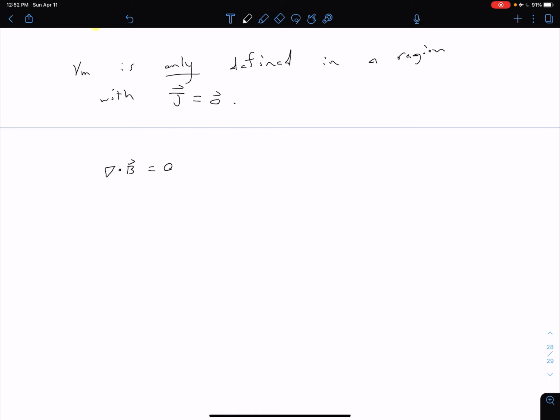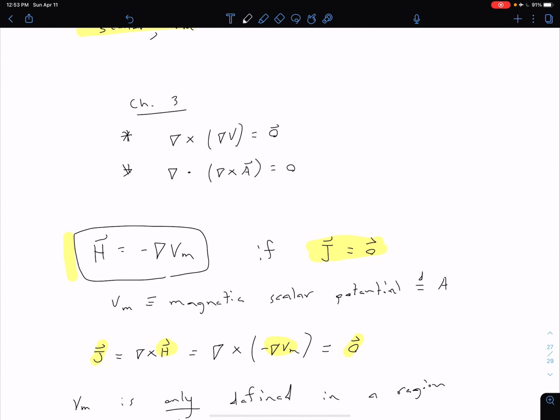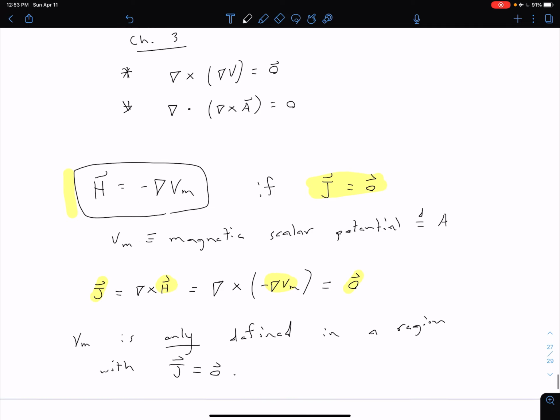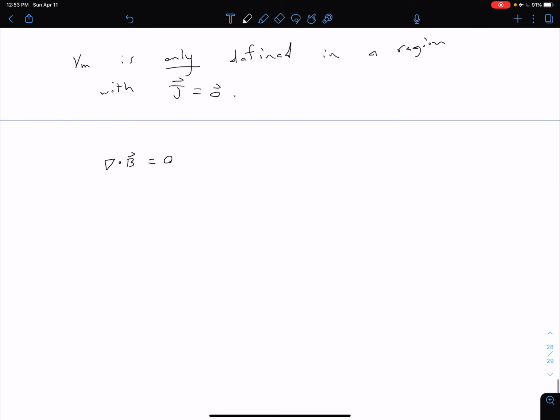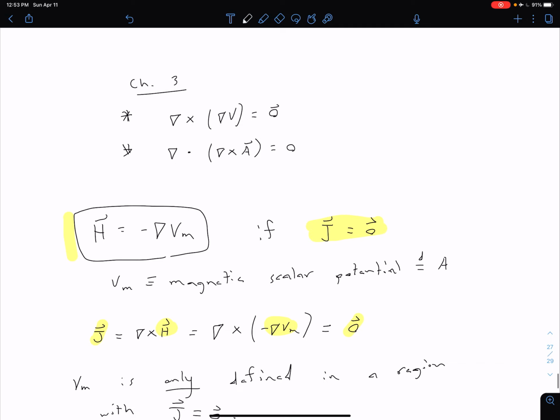And we also know from chapter 3, we're going to keep this in mind here. We can define our magnetic potential such that B is equal to the curl of A. And so again, looking back at this equation, we know that the divergence of the curl is equal